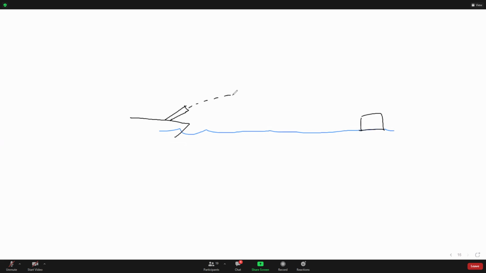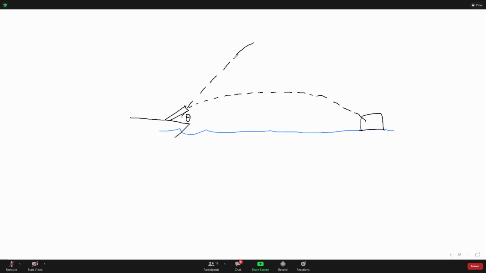So given a certain V0 and a certain angle theta, I can hit that target. But for a given V0, assuming that the target is within range for that V0, there are actually two angles theta at which you can hit the target. The first one is the low angle, and the second one,